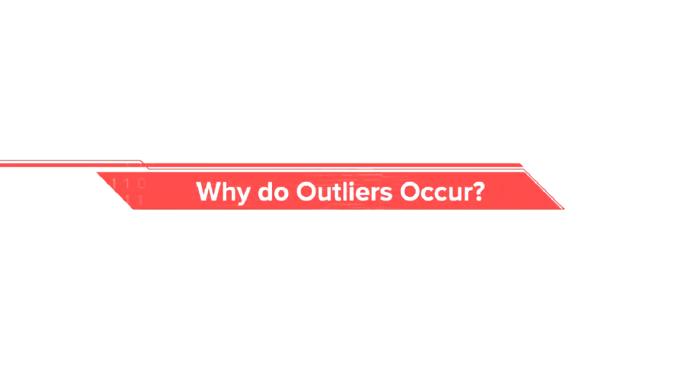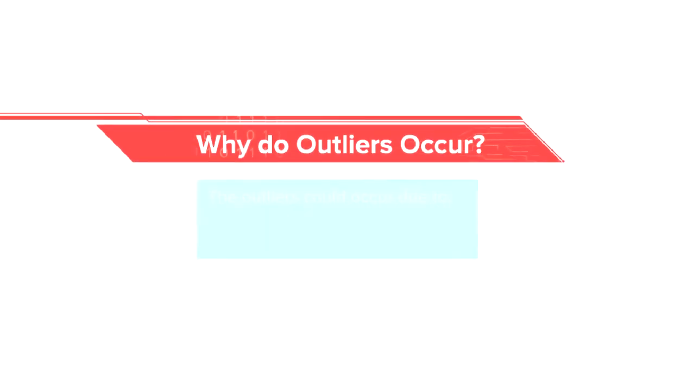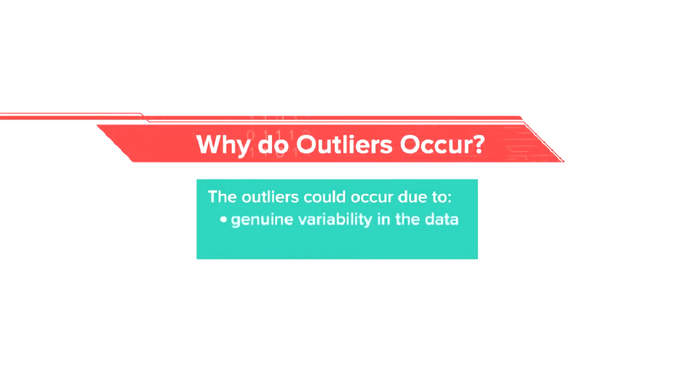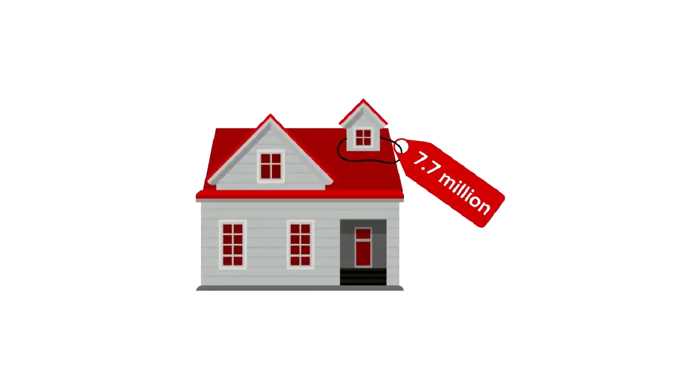Now in the previous tutorial, we learned what outliers are and how to identify them mathematically. Now, let's understand why outliers occur in the data. The outliers could be due to genuine variability in the data or due to a recording error. For example, in our data, it is quite possible that the house whose sale price is recorded as 7.7 million